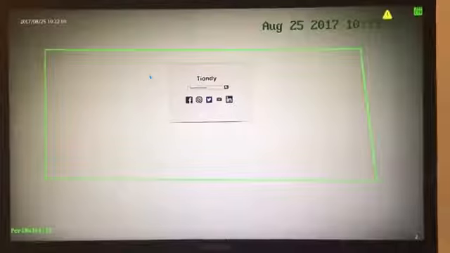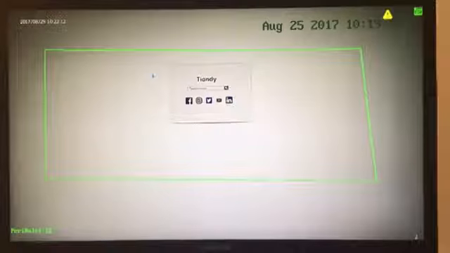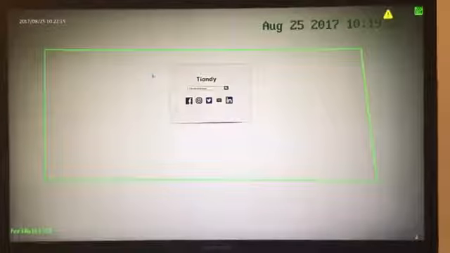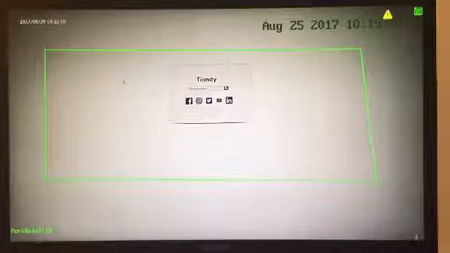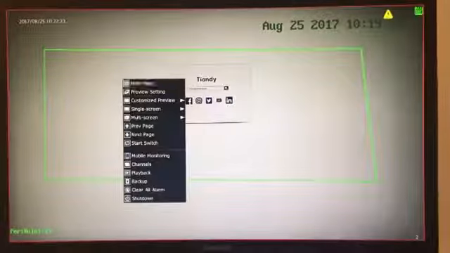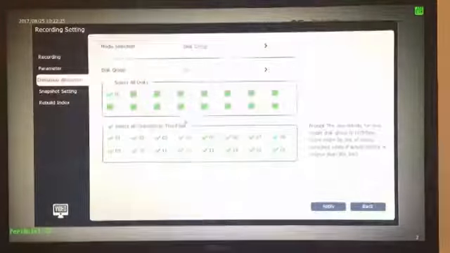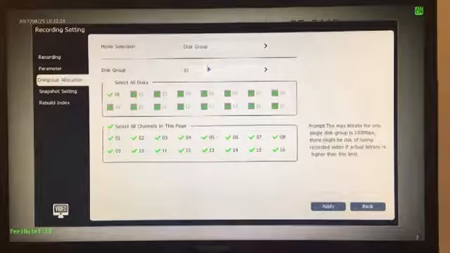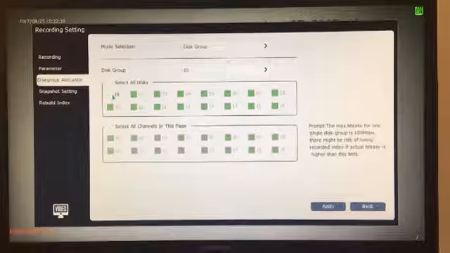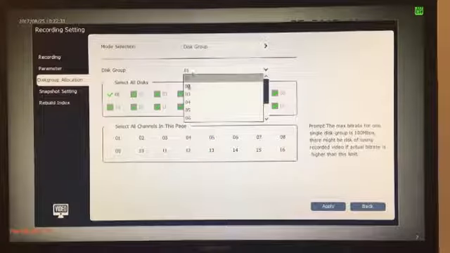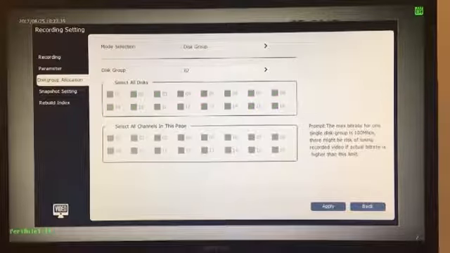Number 17. Support channels being allocated to the corresponding disk groups. The inspiration of the design is to reduce storage pressure and the risk of the NVR, and we store the channels in groups. Operation: the channels are allocated to the corresponding disk group for storage. The maximum real-time code rate of a single disk group is 100 Mbps. The rule is, take